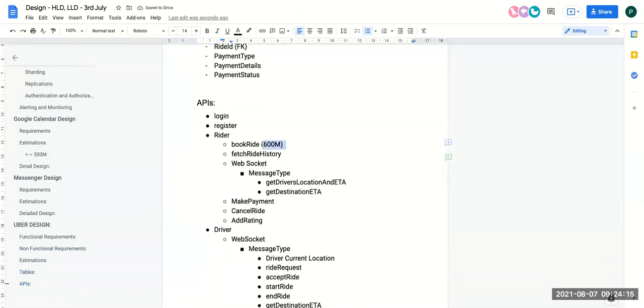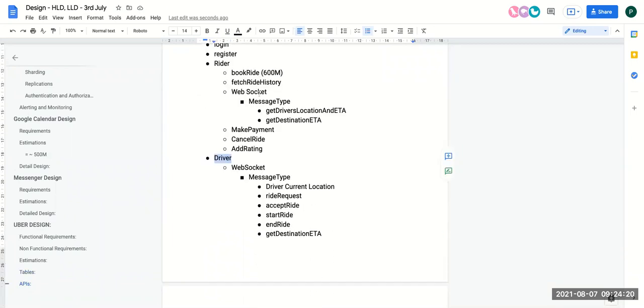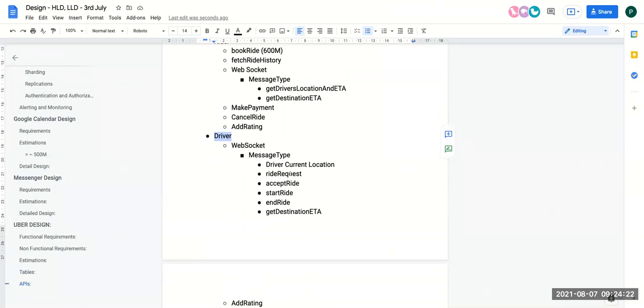And if 600 million rides will be booked, let's say in every single booking you send the message to 3 different drivers. So the total number of requests will be 1800 million for the ride request. Now, only some of the drivers will actually accept the request, so only 600 million requests will be accepted. Correct. Start ride, end ride will be 400 million plus 400 million.